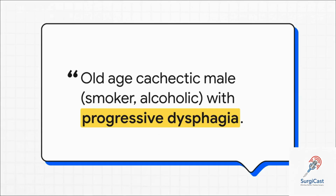So, our source kicks things off with this incredibly blunt clinical summary. And it really paints a picture of the classic patient profile. You've got an older man, a smoker, a drinker. He's described as cachectic, which means he's suffering from severe weight and muscle loss, and he has progressive dysphagia. That's a fancy way of saying it's getting harder and harder for him to swallow. I mean, that one sentence tells you almost the whole story, and it's really the key to unpacking this